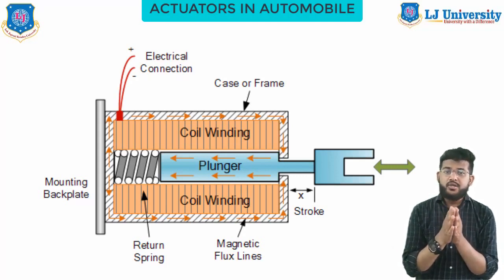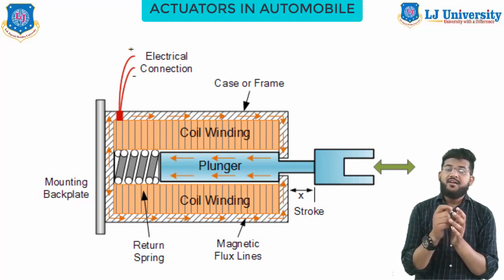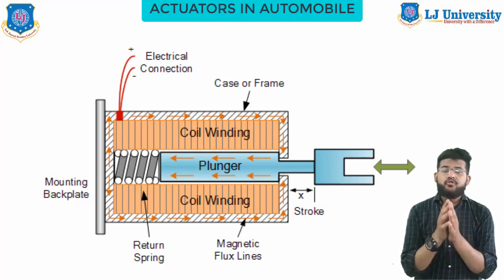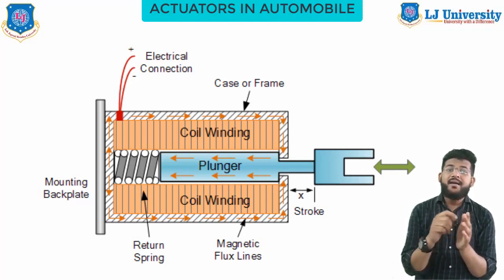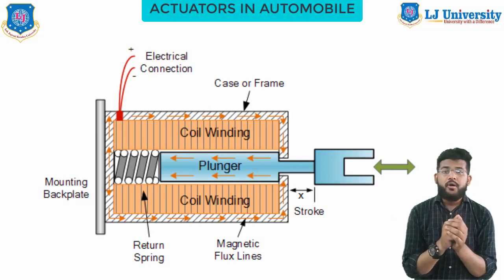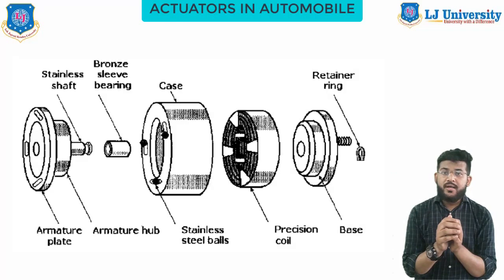Now the figure here shows the pull type solenoid that pulls the plunger when the coil gets energized. When the coil is de-energized, a return motion is provided by the load itself and by the return spring, which is provided as an integral part of the solenoid assembly. Thereafter, rotary solenoids. Linear is done.